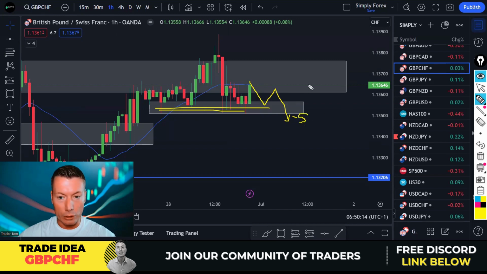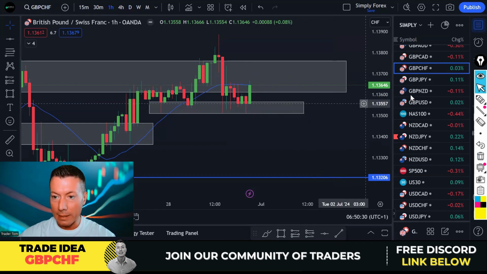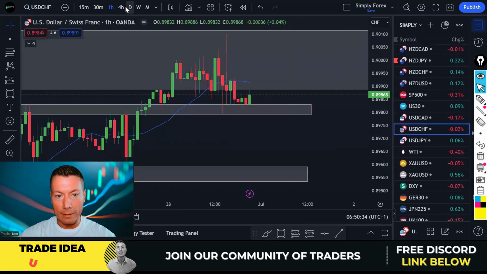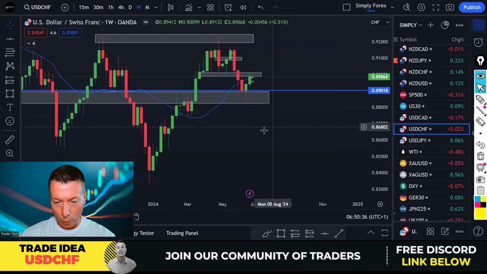All right, we can put our stop above the last H1 swing high, wherever that might be, and we'll look to take price back down to here. But yeah, I'm not interested in selling in here. It has to be a break of this level. All right, so pound Swiss franc. And also, US dollar Swiss franc, right? If we look at the weekly chart,